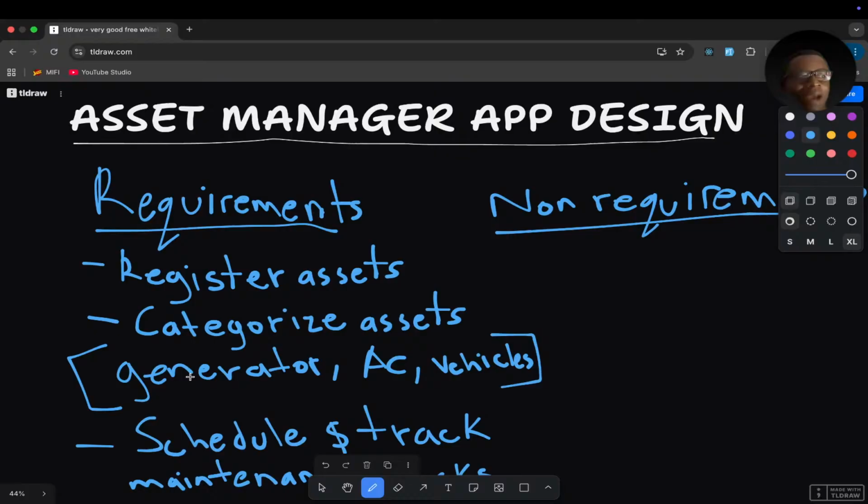So now I want to go into talking about the non-functional requirements. For the non-functional requirements, they are